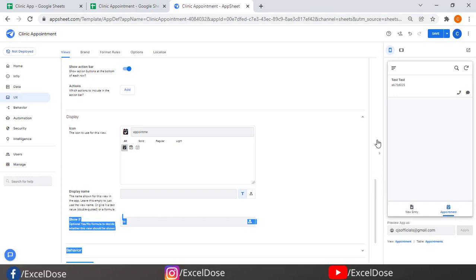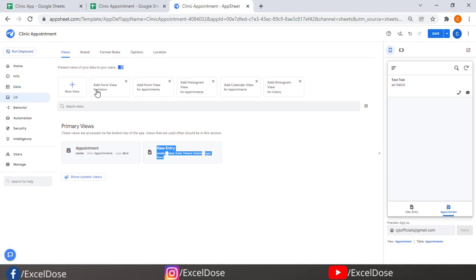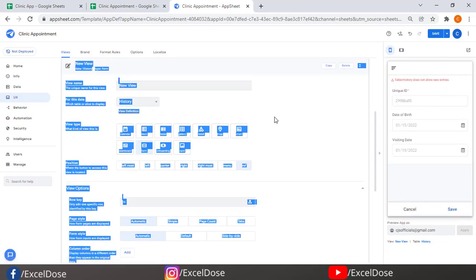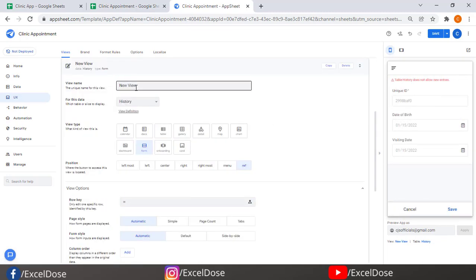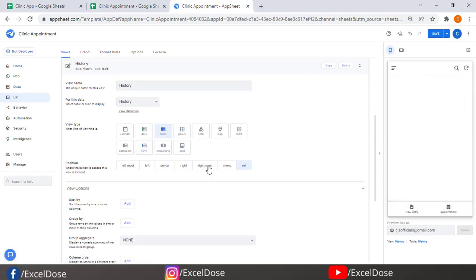So next we have to create another view which is like history. You can see the suggestion is also coming here, so we'll select simply this one, and it will be a history, and it will select the data from the history tab, and that will be in the table format, and that is on the right hand side.